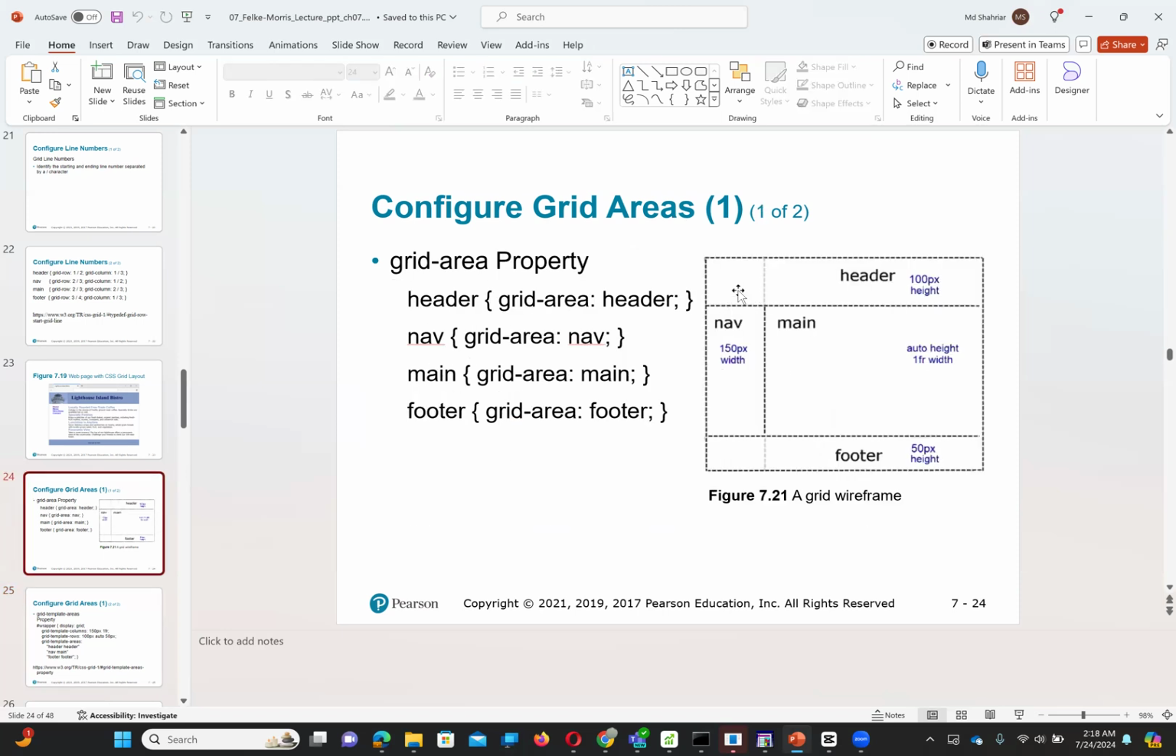You see there are like 6: 1, 2, 3, 4, 5, 6. First one is header. Second one is header. Third one is nav. Fourth one is main. Fifth one is footer. Sixth one is footer. Clear? Okay, so which